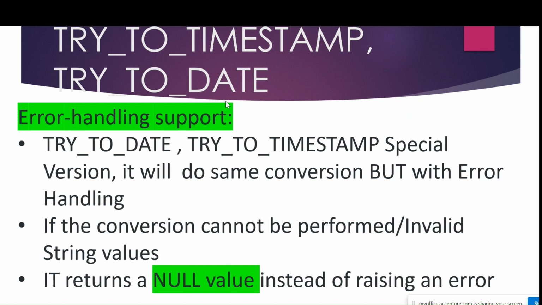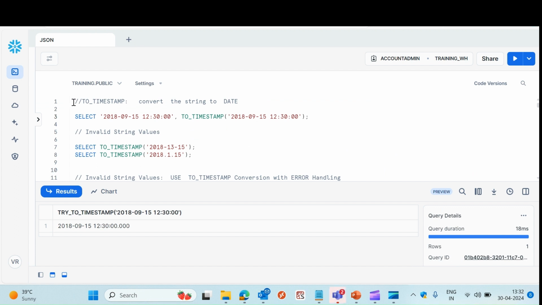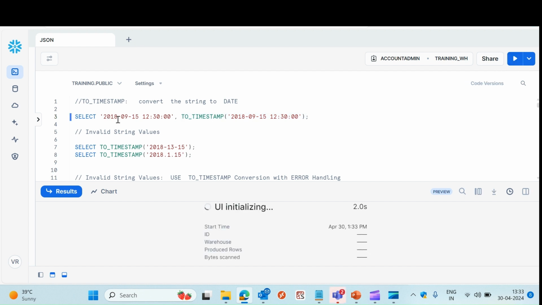Let me explain through Snowflake code as well, then it will be more clear. Let me explain these functions. TO_TIMESTAMP converts the string to date. Let's see. So select, this is a date format with timestamp values, and this is the conversion. If I just run this syntax, you see,